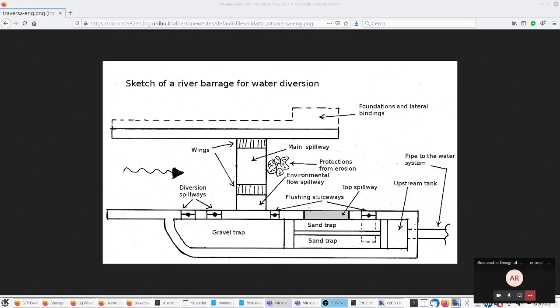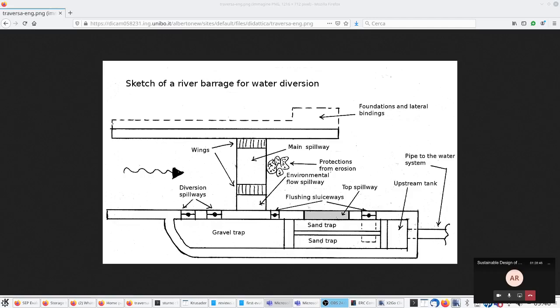Okay. So, as I said, the design of the gravel trap is usually carried out by using rules of thumb. I am repeating so it gets recorded. While the design of the sand trap is carried out by using a more detailed procedure. And the reason is that